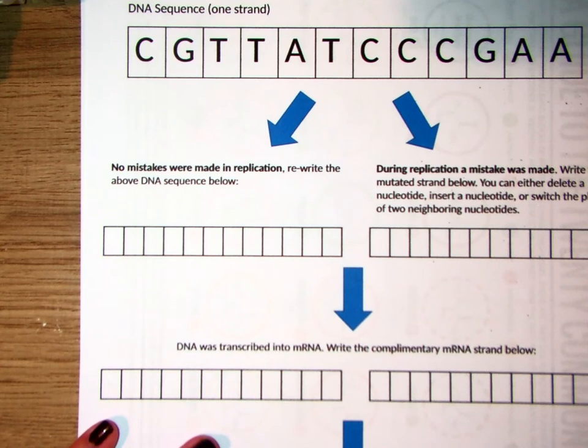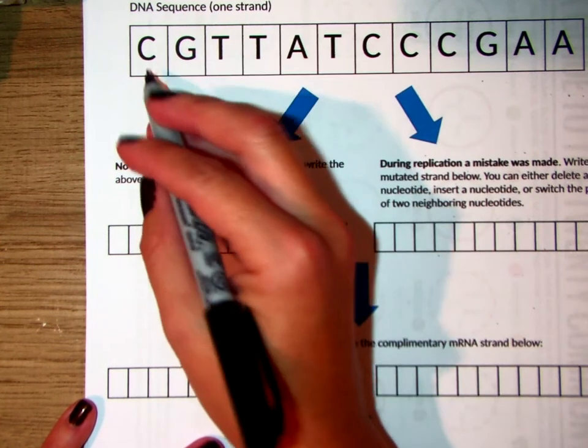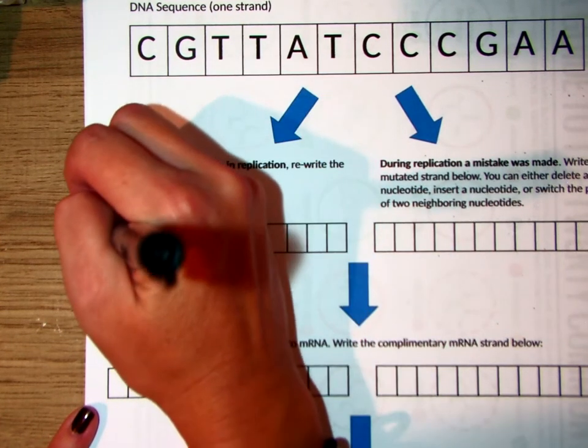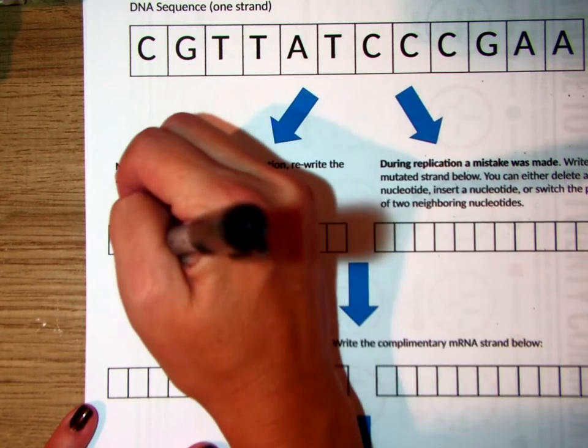Is it wanting us to do the complementary strand? I'm assuming it wants us to do a complementary strand because this is replication. So remember, A goes with T, G goes with C. So C would have a G here, G would have a C, T would have an